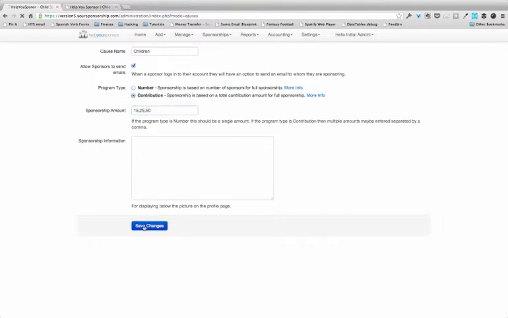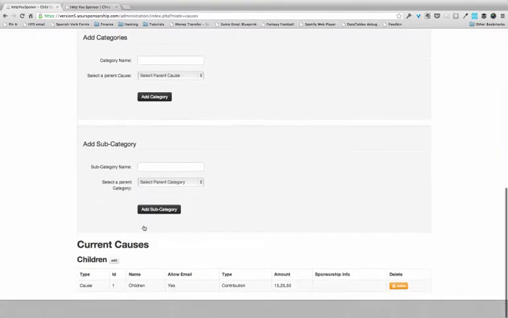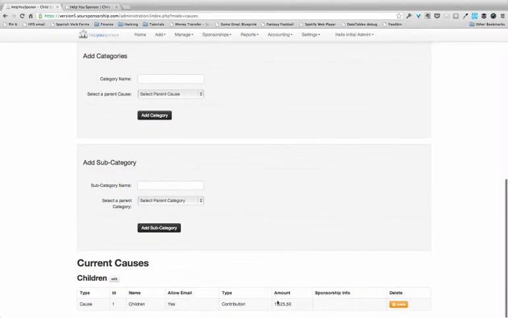Now we save those changes, and now if we go down and look, we can see that our children cause is a contribution type,